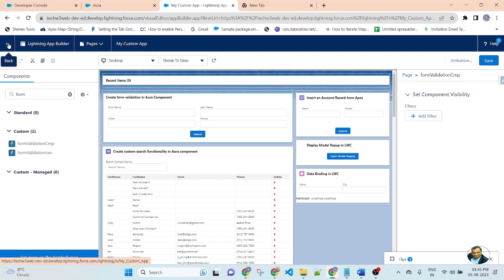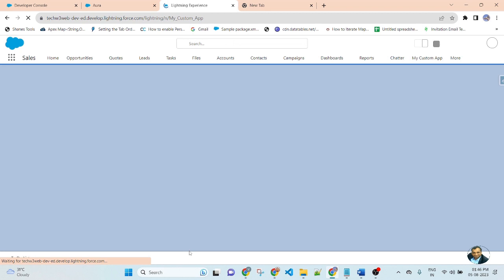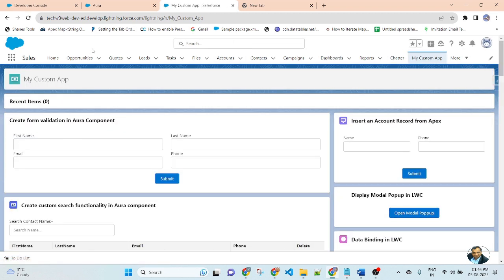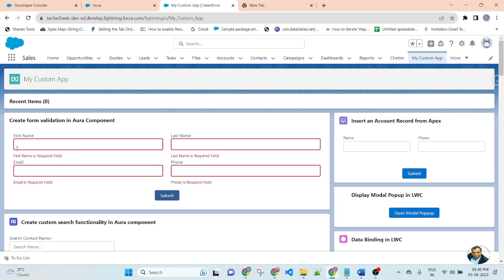Layout has been saved. Now go to the page. Here you can see my form validation component displayed. Now I am clicking on the submit button without putting anything in the input field. Click on the button. You can see the error message of the input field is displayed below the input field.